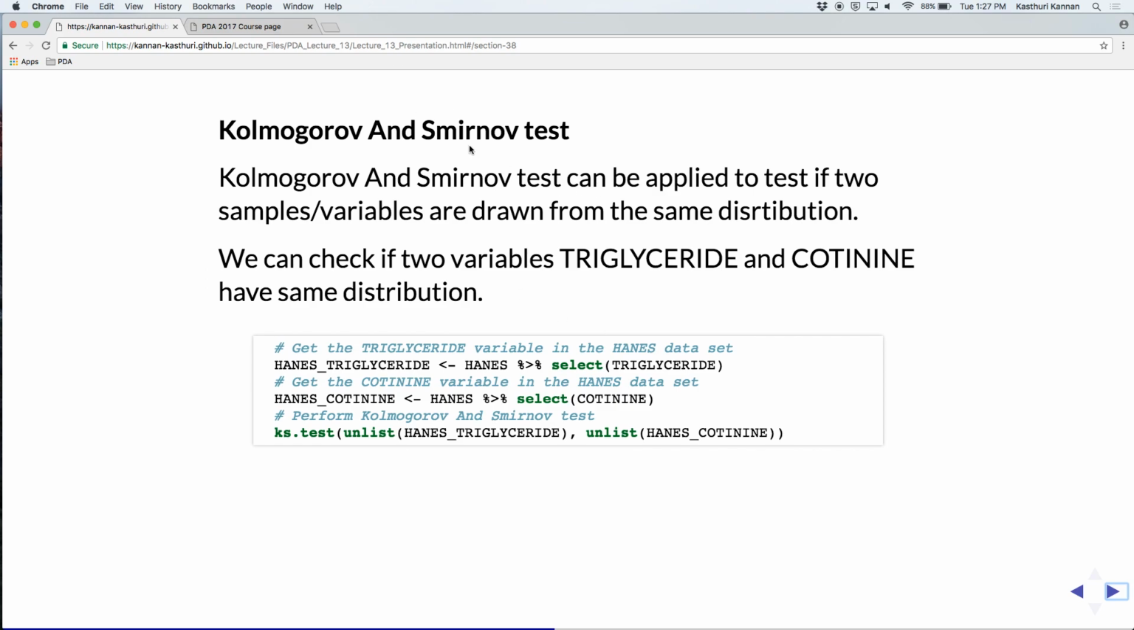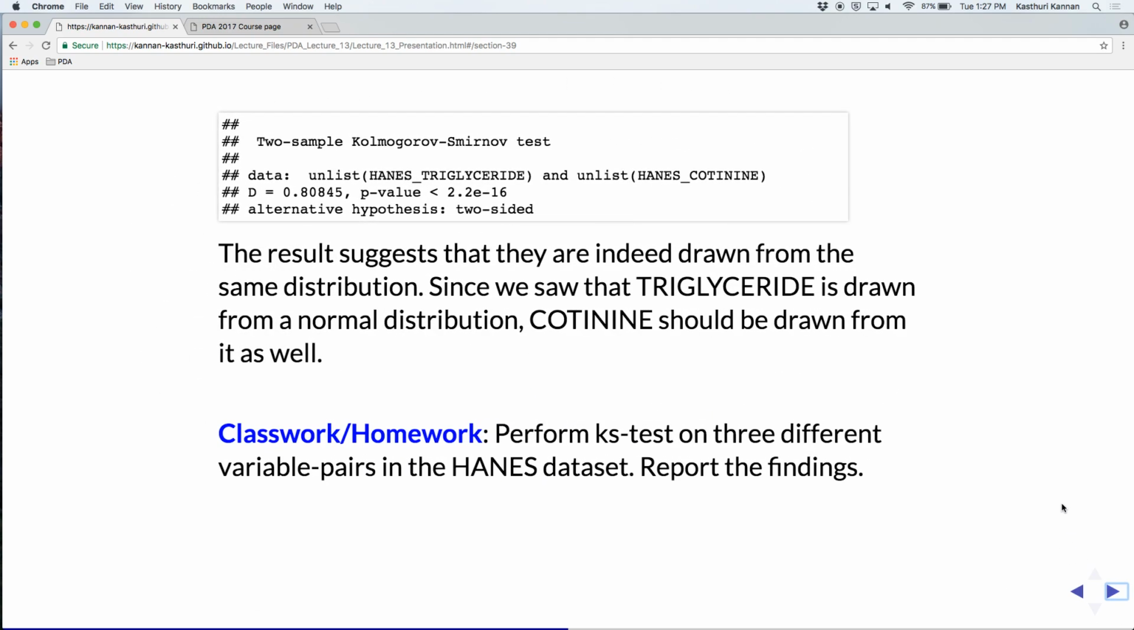And there is another test called the Kolmogorov-Smirnov test that can be used to see if two variables are drawn from the same distribution, right? So here I'm trying to take the triglyceride and cotinine variables and apply this test, right? And then it gives me a significant p-value, right? So the results suggest that they are drawn from the same distribution, and we already know that triglyceride is drawn from a normal distribution, so cotinine should be drawn from it as well, right? So you can perform these tests on 3 different variable pairs in the